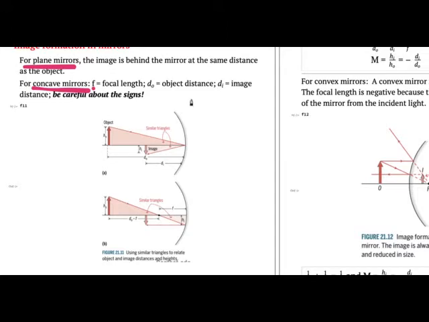But it's not like a plane mirror where the image is exactly like the object. If I had a plane mirror, I'd have an image over here. It's not real. There's nothing really back behind the mirror, but it's the position of the image. That's called a virtual image. But in this case,